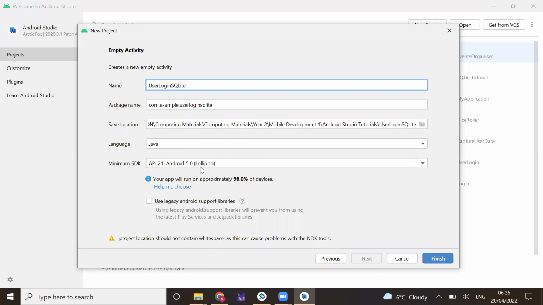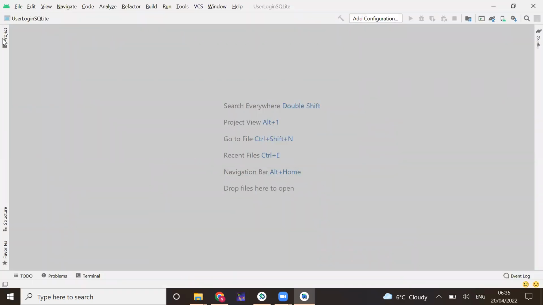I'm going to leave the minimum SDK at 5.0. And I'm going to click on finish, and it will create the project for me. When it's finished, we'll get